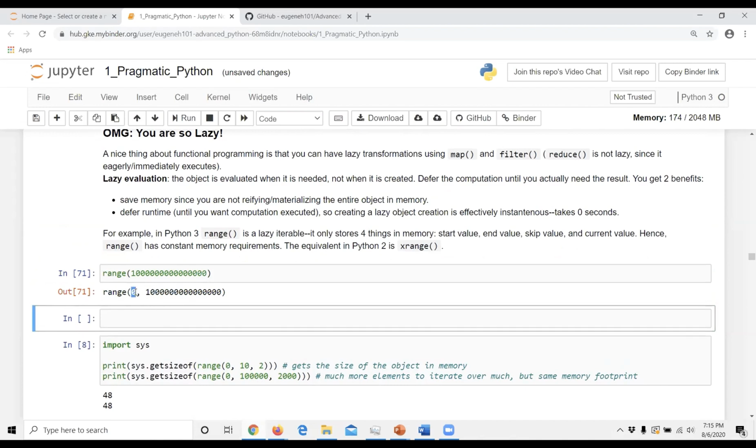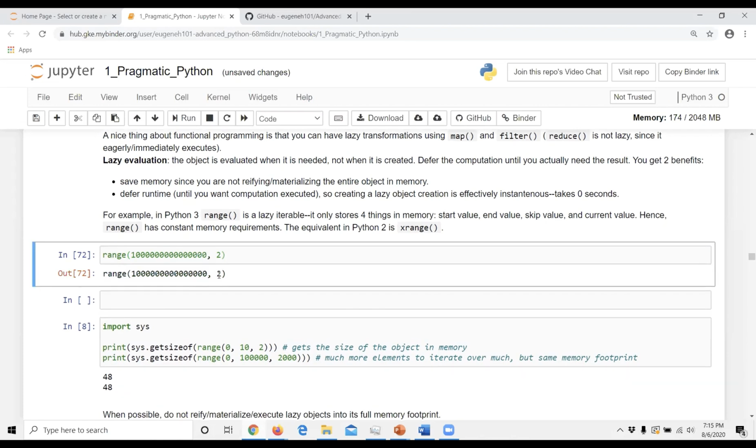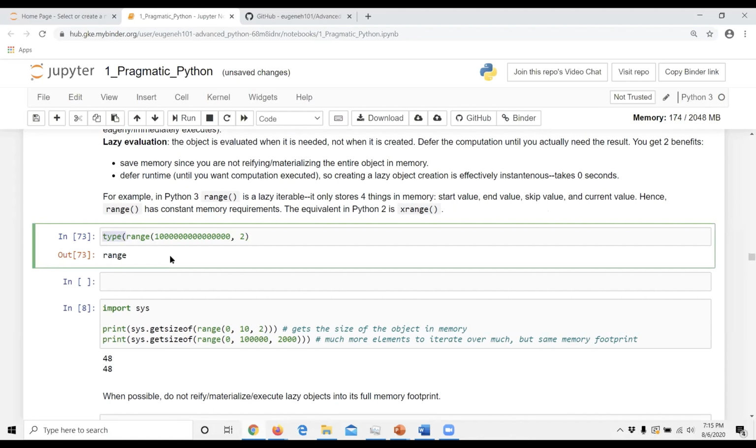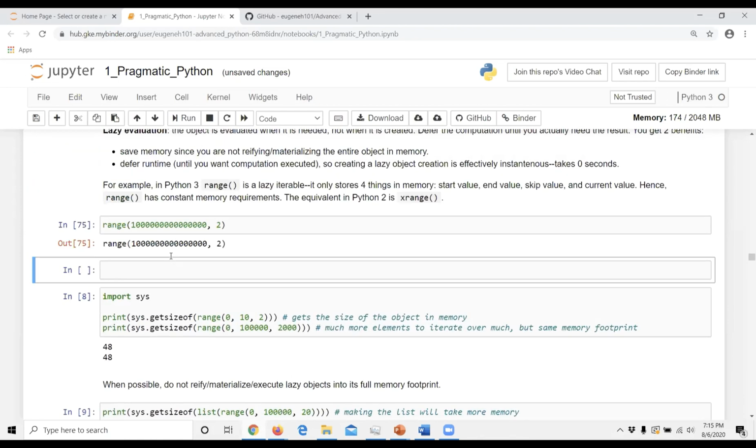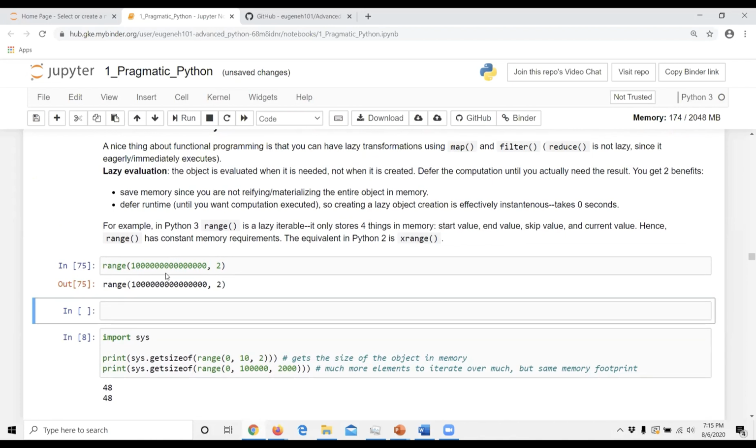It stores the starting element, the end element, the skip level, and it also stores what element you're currently in within this range object. So a range object only stores 4 things in memory, which is O(1) constant. So it's perfectly scalable. But that's in Python 3.